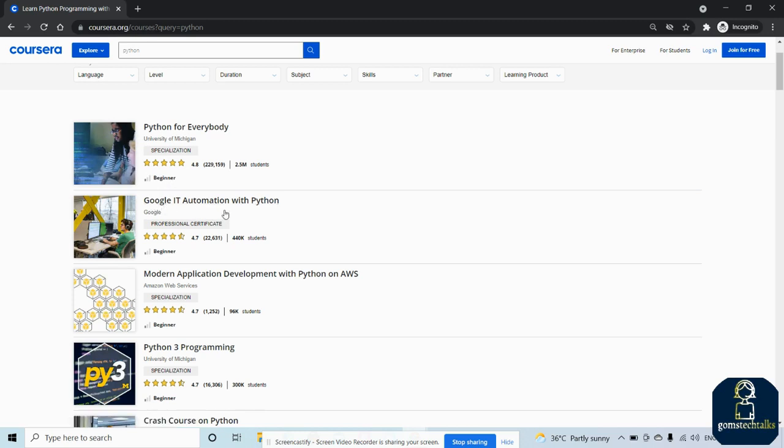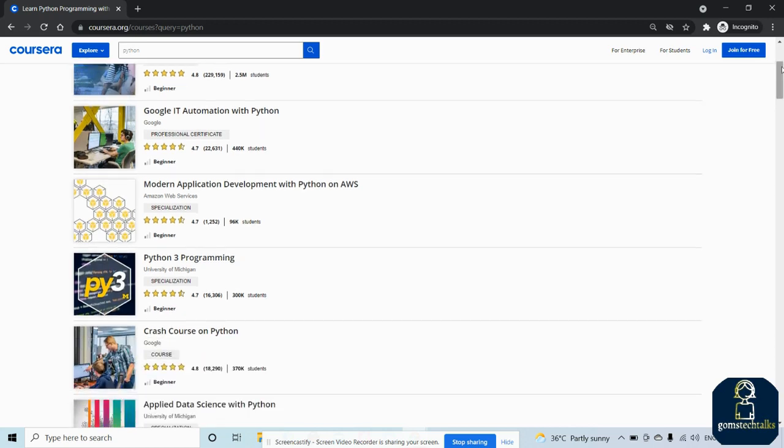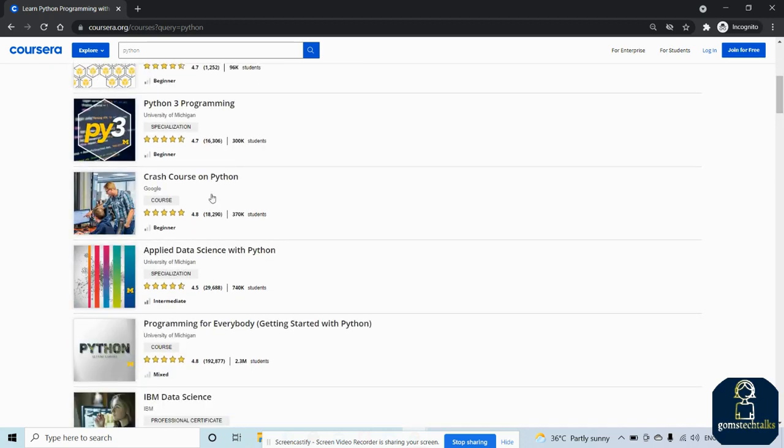This is Google IT Automation, offered by Google, which means someone from Google will be teaching us. And this is modern application development with Python. You have various options for Python, like a crash course on Python, a beginner course offered by Google.